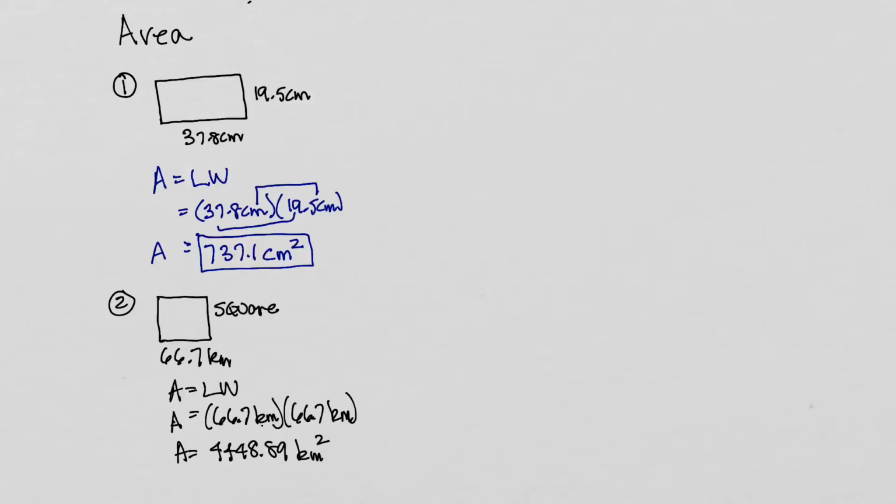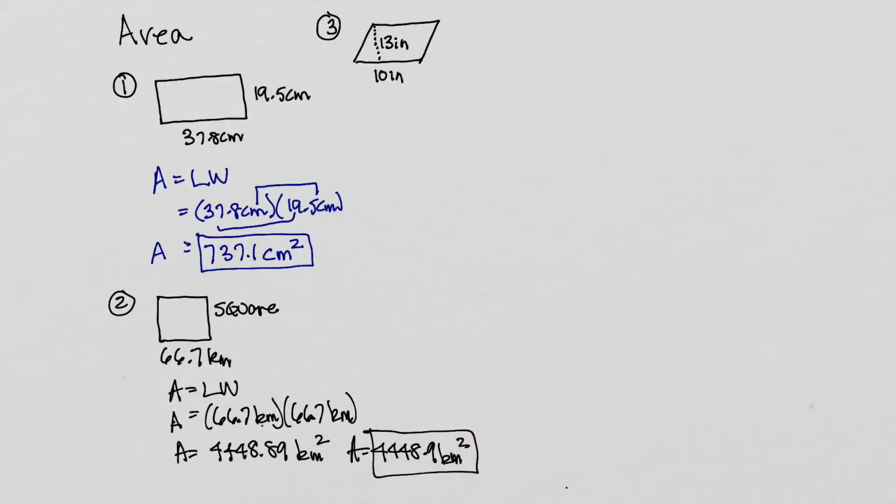So if I round to the nearest tenth, there's a tenth. That's bigger than a 5, so I'm going to round this up. So if I round it up, I'm going to get the area being 4448.9 square kilometers. What we've got now in number 3 is a parallelogram with these dimensions, and we're given, now